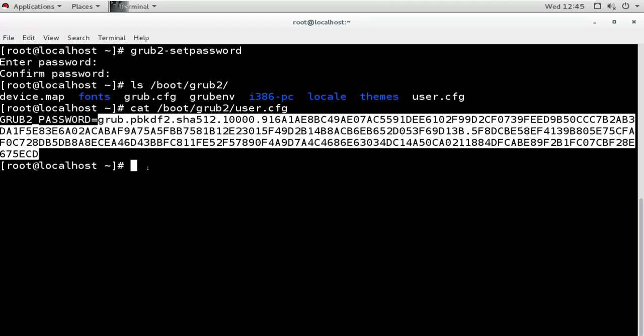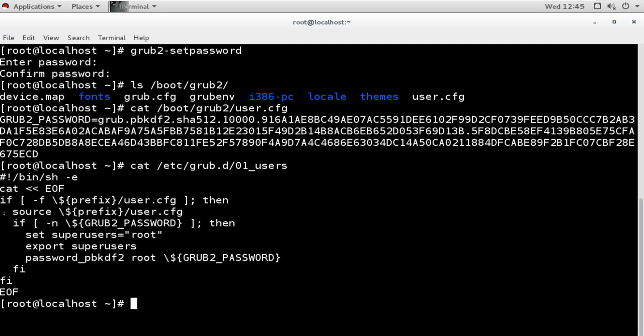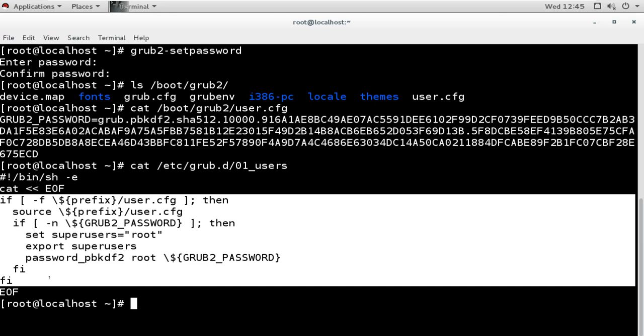This variable it will use, and the configuration template is what is in /etc/grub.d/01_users. You can see here it has a script created already, which is there by default under the main configuration file.